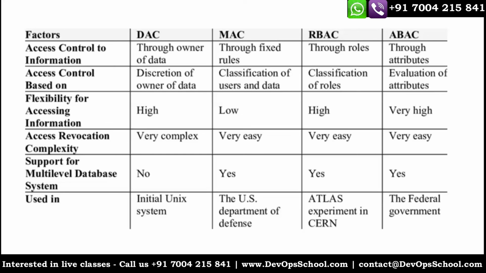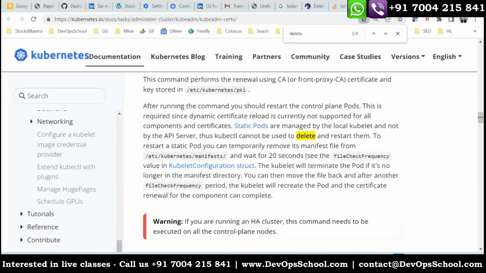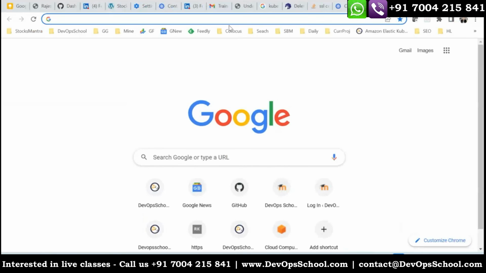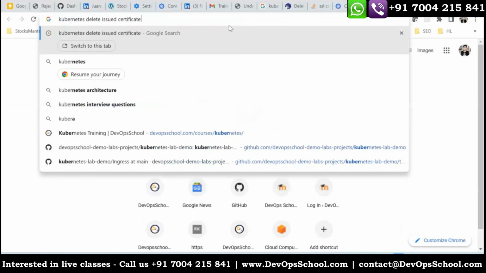There is one more access control which Kubernetes supports, which is ABAC. I think you might have heard about it, right? If you see the authorization methods in Kubernetes, we have node authorization, ABAC, RBAC, and one more is OpenID. Correct, no? Sorry, what is ABAC? Attribute based access control. So this is supported by Kubernetes also. Kubernetes